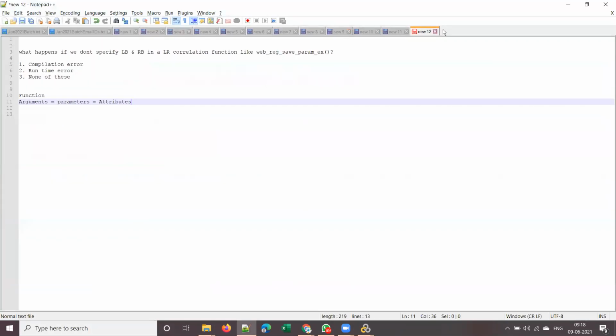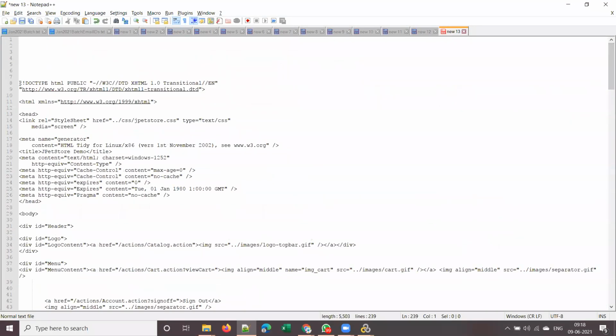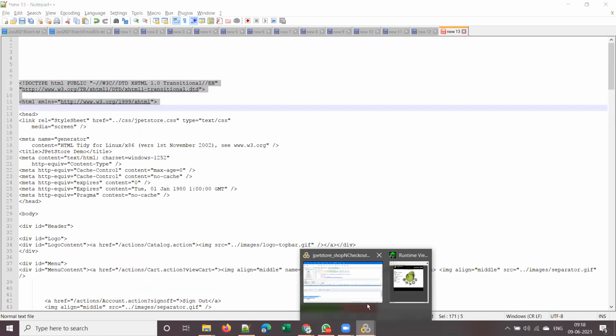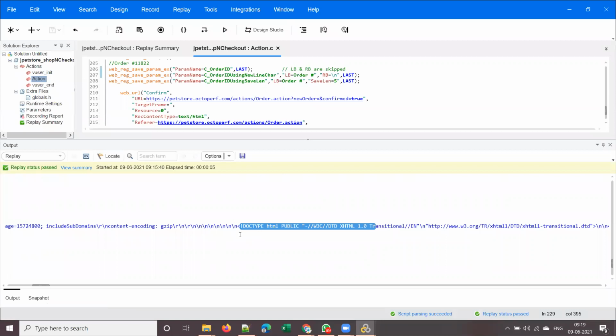This is nothing but your response body, right? It will capture the whole response headers and response body. It will capture the complete response if you skip the left and right boundaries for a correlation function like web_reg_save_param_ex, right? Is it clear now? Yes. See, it will capture the complete response.